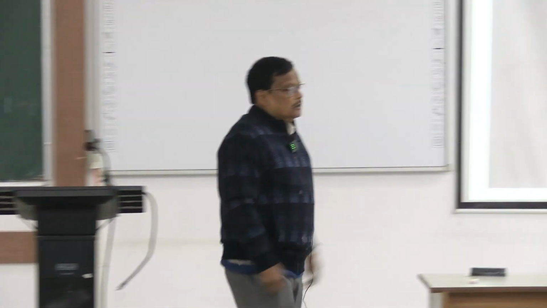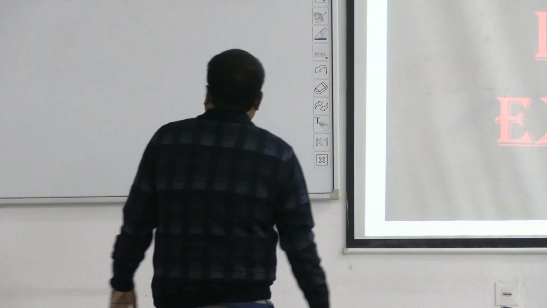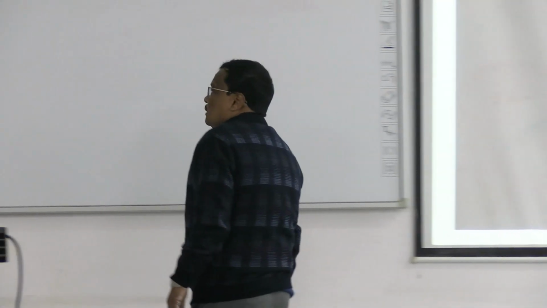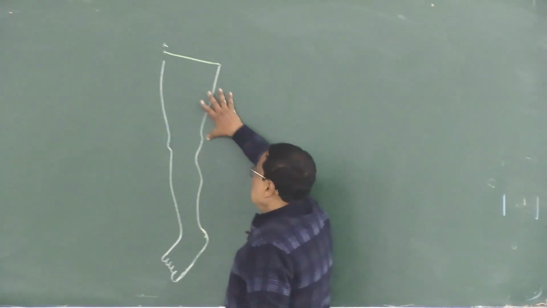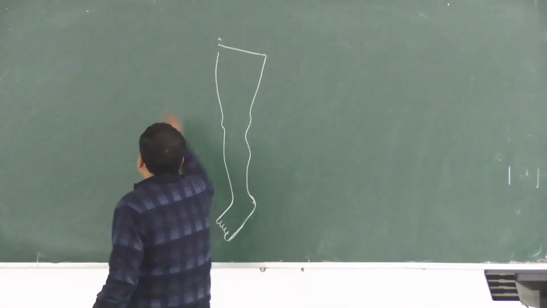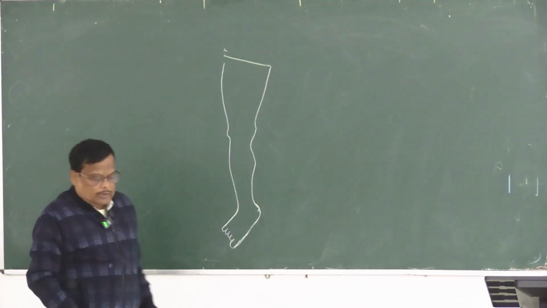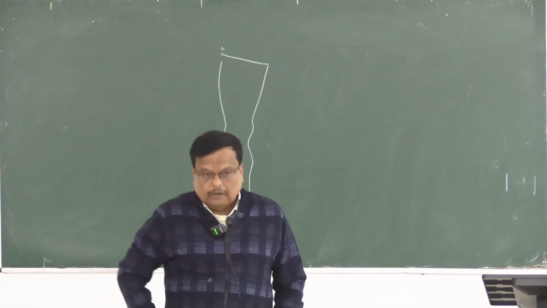Today we'll start the inferior extremity, the venous and the lymphatic drainage of the inferior extremity. You know the inferior extremity: it is the thigh, the leg, and the foot. And just at the junction of the abdomen and the inferior extremity, here,